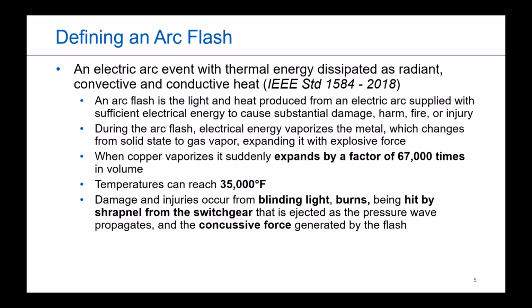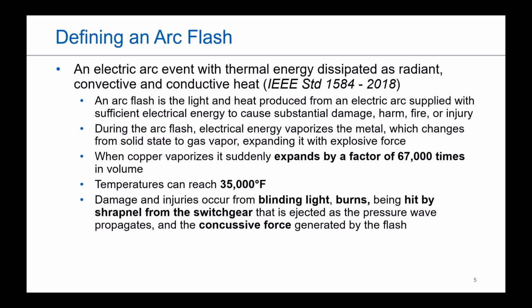So when we talk about a lot of the things with the newer technologies, we focus specifically on when it's an arc flash. We're not talking voltage faults. It's specifically when you have an arcing fault occurring. And when that is happening, it's an electrical event where there's a lot of thermal energy that gets radiated out, convected and conducted in terms of heat. There's usually a bright light that's associated with it.